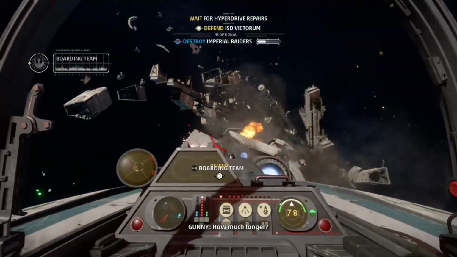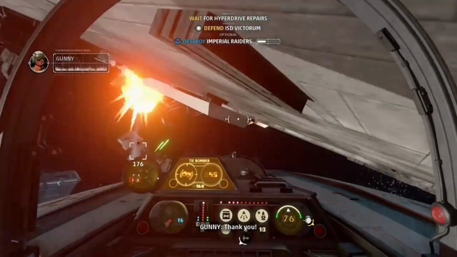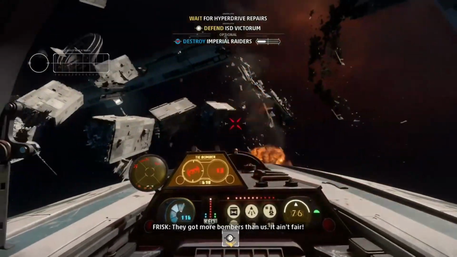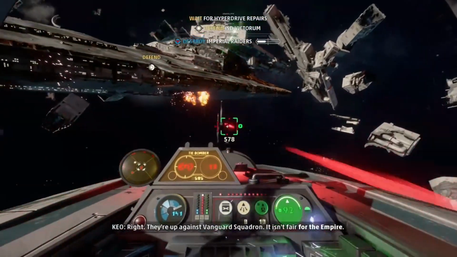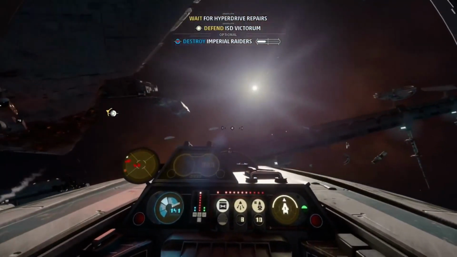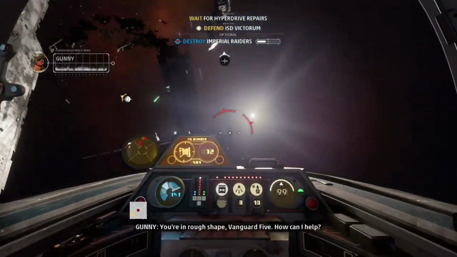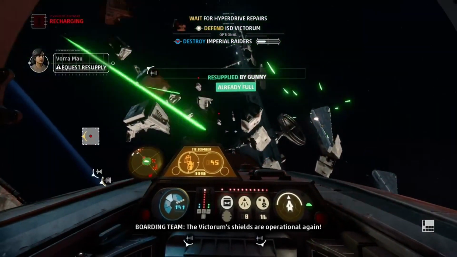How much longer? Realigning the transpacitor now. Speak basic. About halfway there. Thank you. Enemy reinforcements inbound. They got more bombers than us. It ain't fair. Right. They're up against Vanguard Squadron. It isn't fair. For the Empire. On your wing, pal. You're in rough shape, Vanguard 5. How can I help? The Victorum's shields are operational again. Resupply on